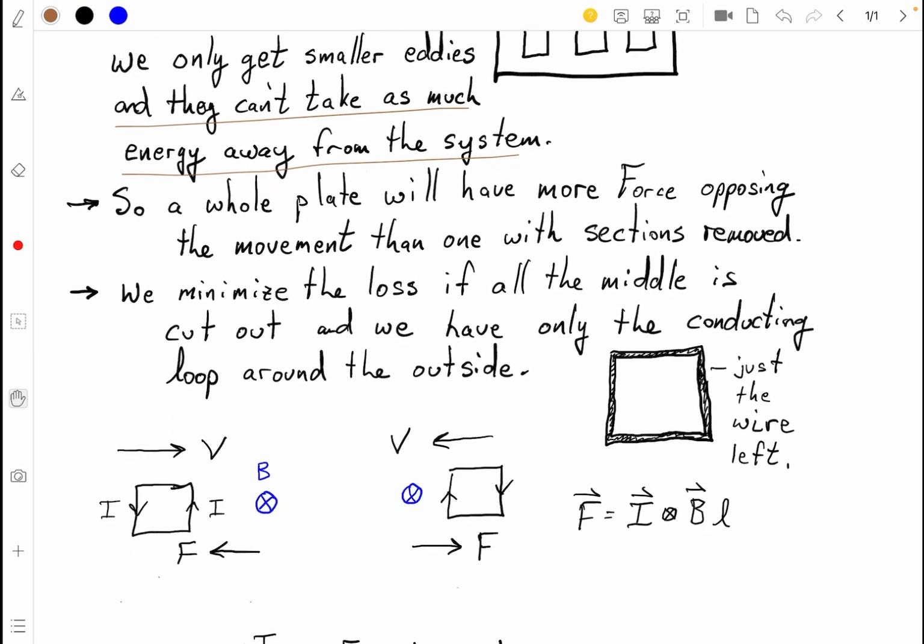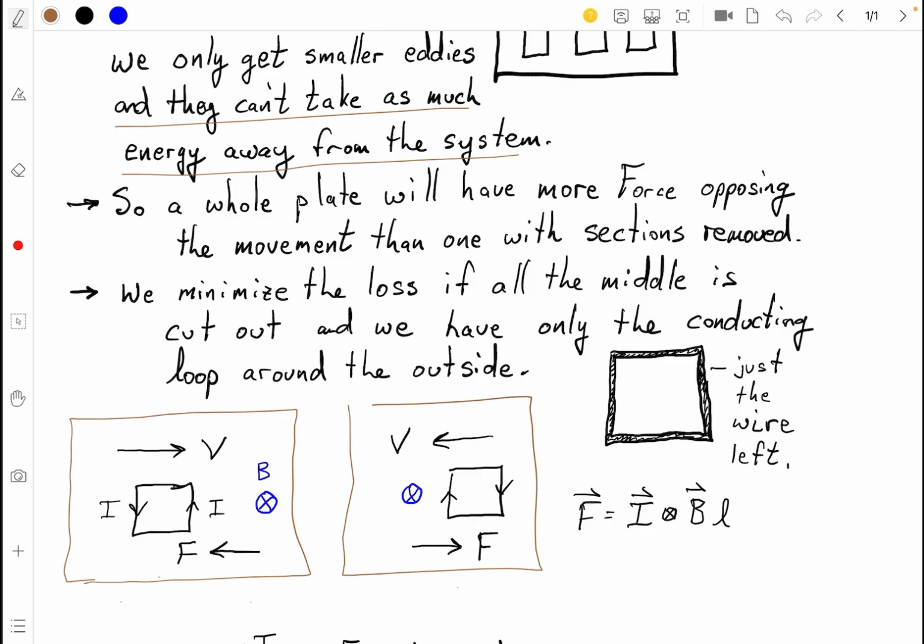And a whole plate will have more force opposing it. And if you want to minimize it, then you cut all of it out of the inside, and then you just have a wire left, right? So we just have the wire left, and then at that point, you can see that this is what happens if we're sliding into the B field, and this is what happens if we're sliding back through the B field. So either way, we end up with our force,